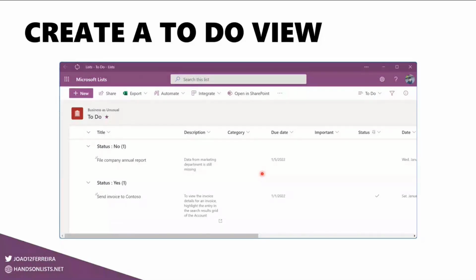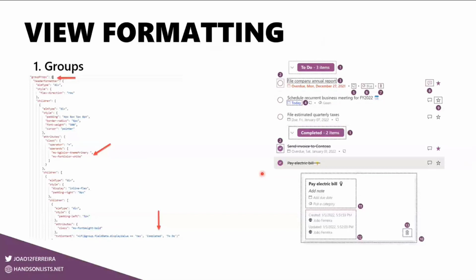So here on the right, what you see is all the main components that were formatted in the JSON, and I will go briefly through each one of them. So for the groups, I use the group properties. And a couple of things are important to highlight here. The color that you see is using the same colors that are applied to the site or to lists.